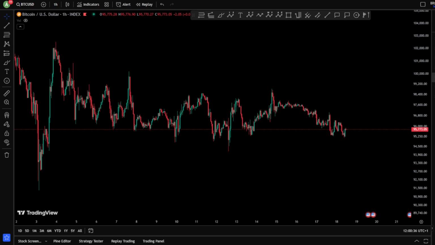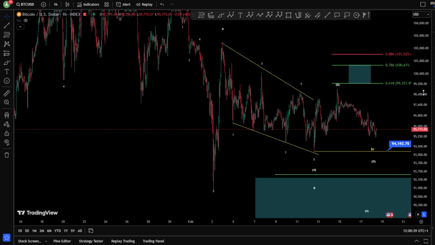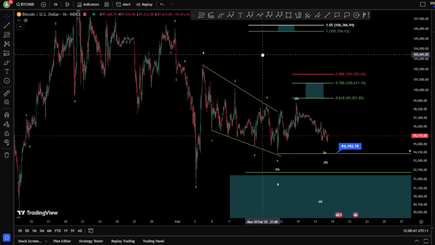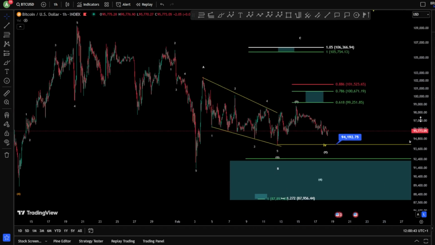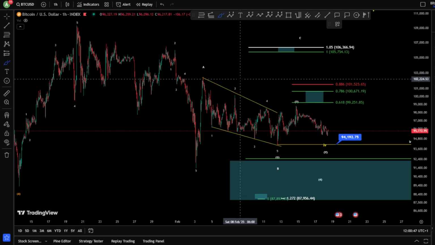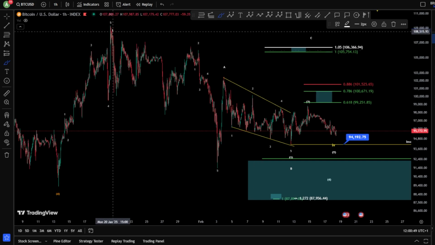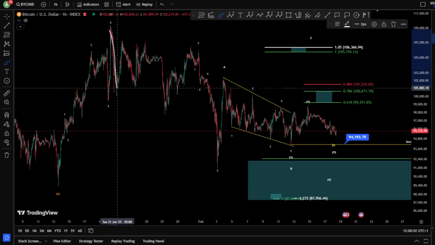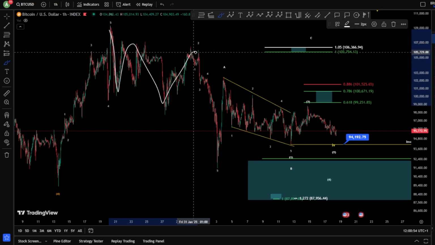Now, what I was saying in the beginning of the video, it is time to see the price action, because in both scenarios, bullish or bearish, we have finished very clear structures. And that means for the bearish, you have finished 1-2, right? An impulse, then an ABC expanding flat for wave 2.